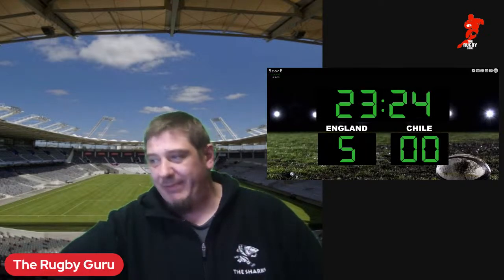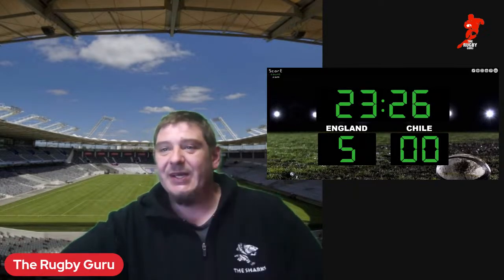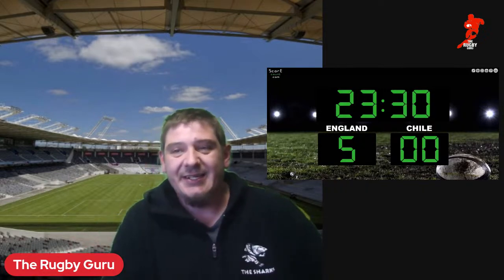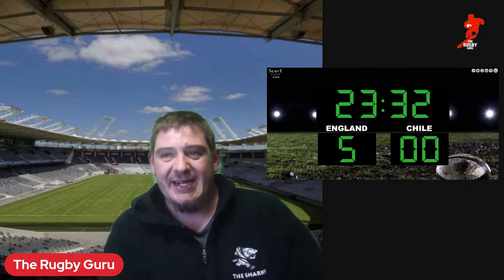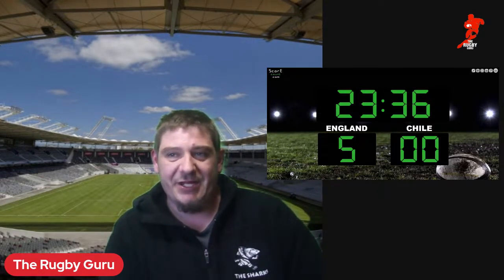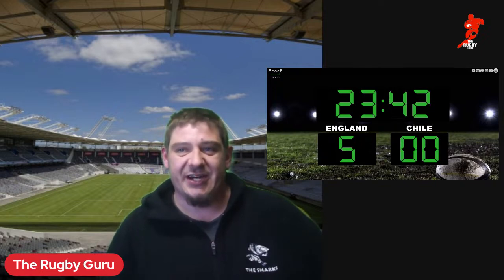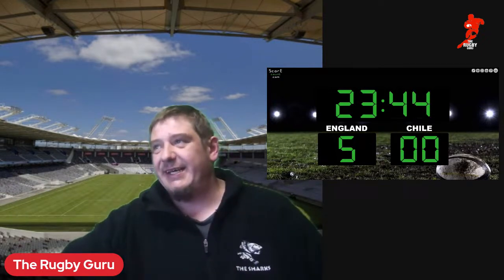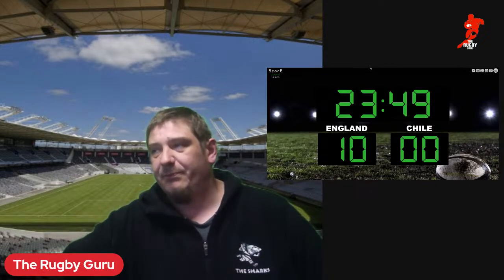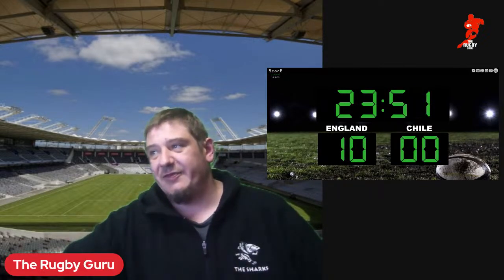Komi Bokke says, Skylar Snyman. Theo Dan to throw this one in 10 meters out from the Chile try line. Taken by Ribbons. And here comes the driving ball from England now. Controlled at the back by Theo Dan. Should be a try coming up here. Yeah, over he goes. And a try to Theo Dan, the England hooker, getting over. 10-0, England lead Chile after 24 minutes of play.